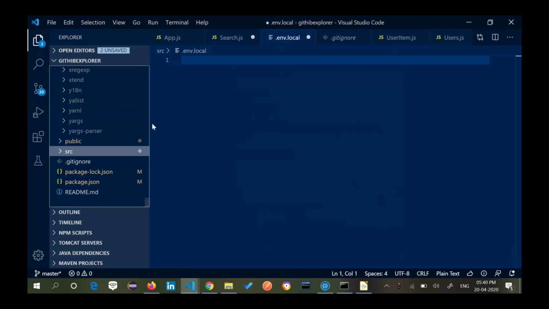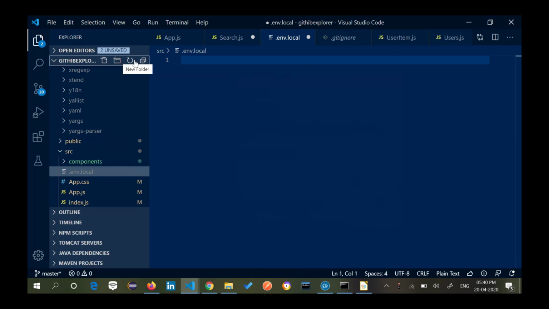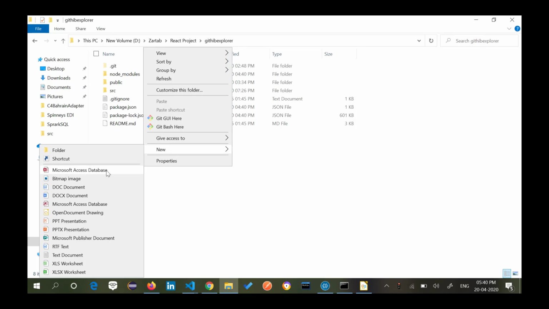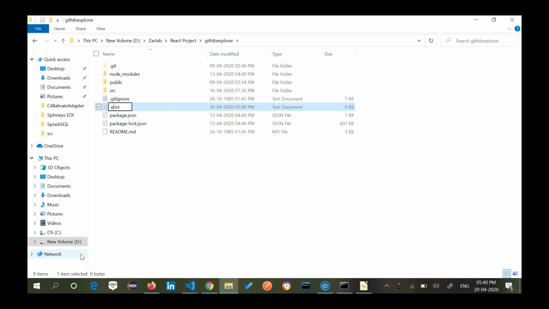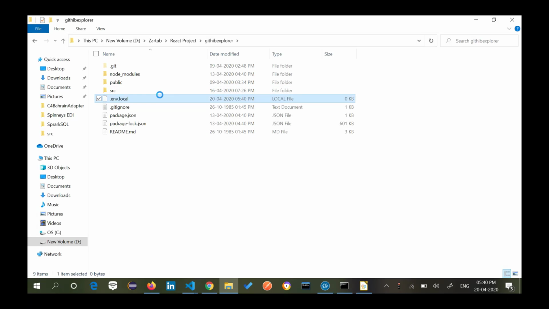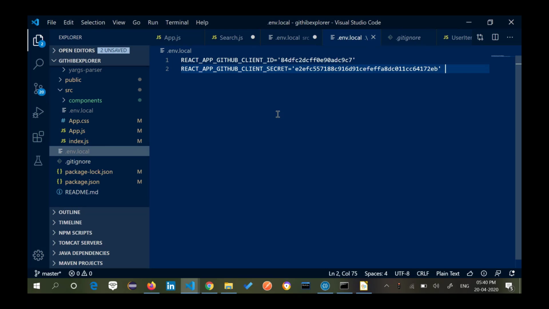It is directly going inside env, so what I'll do is go to my folder here and create a new file, .env.local, and yeah,